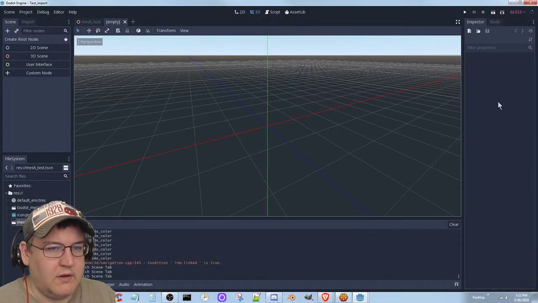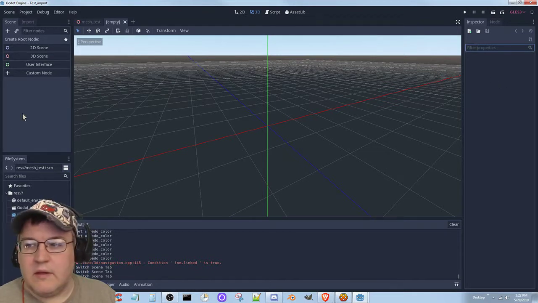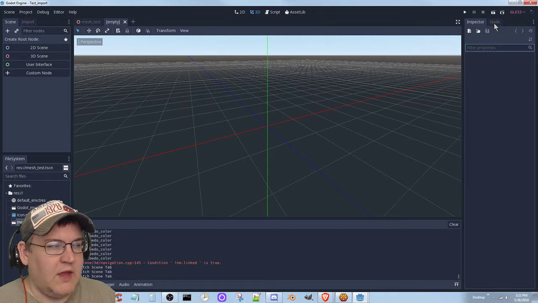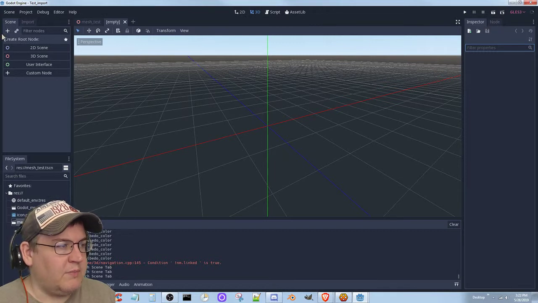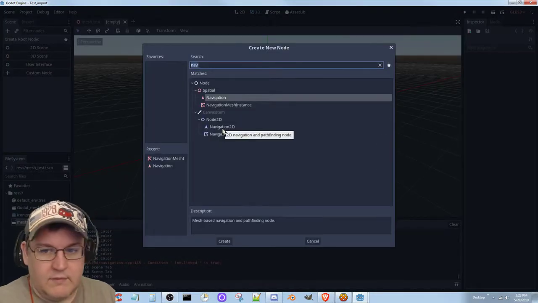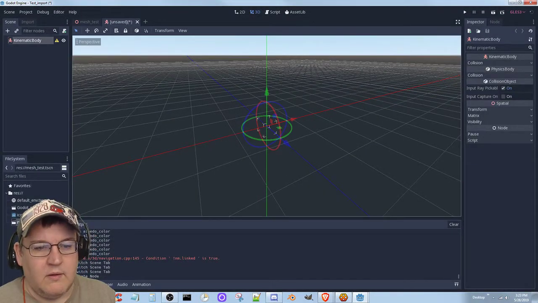What's going on? No, not a new resource. Oh, because I keep forgetting. For some reason, I guess it's just on older versions, the inspector and node tabs are swapped sides with the scene and import tabs. So anyways, new scene, kinematic body, okay,